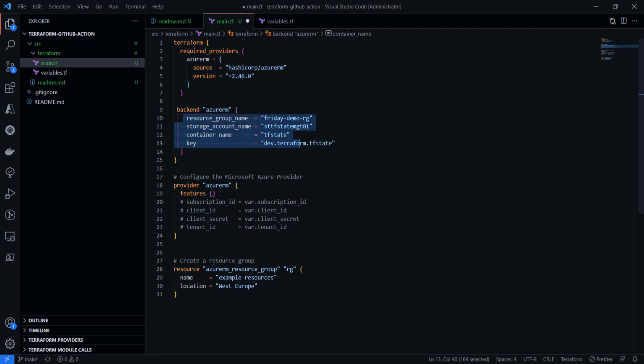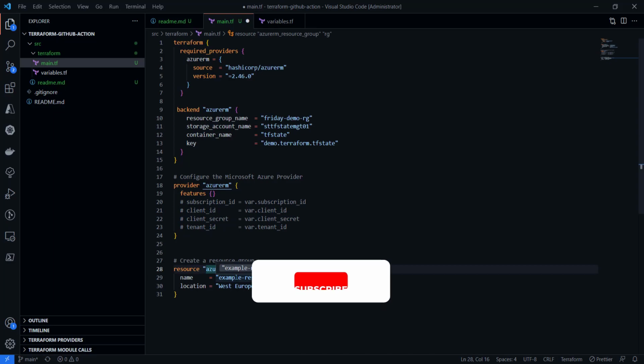So we have a pre-defined Azure storage account where we would like to create our backend files. I'll call it, let's say, demo.terraform, and here in this case we are adding a features block which is required. If you would like to set these authentication with the variables, you can use this. We are not going to use this particular property, so I'll keep it commented out, and this is the resource block to create the resource group.